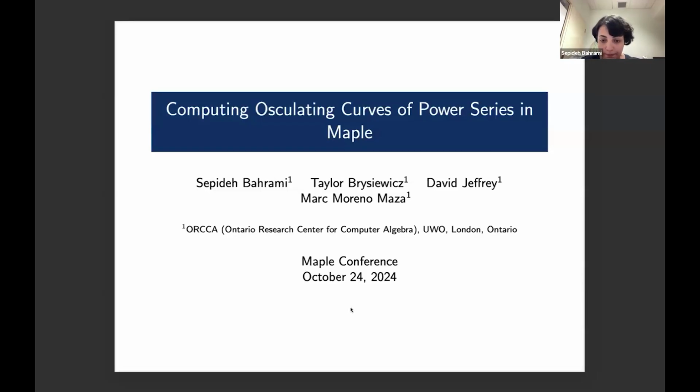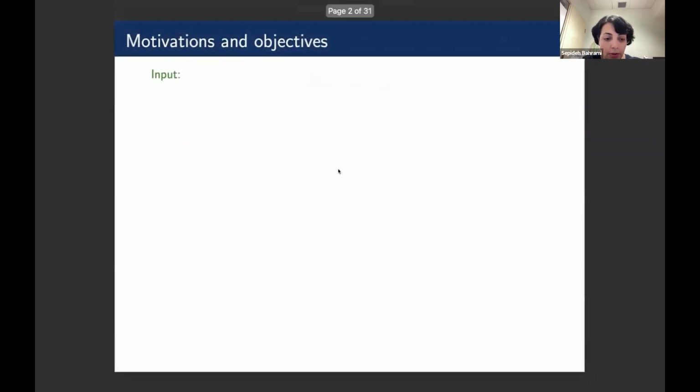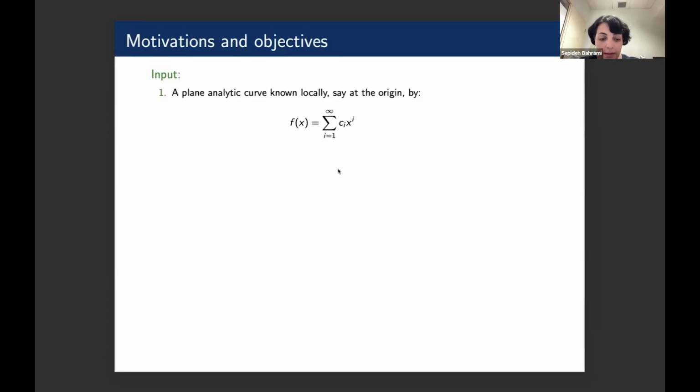So, excuse me. Okay. So to begin, let's look at the problem we are addressing. The input is a plane analytic curve, which is locally represented near the origin by a power series, and it specifically takes the form of f, which is the summation of ci multiplied by x to the power i, and additionally we are given a positive integer d, which represents the degree of the polynomial we aim to compute,